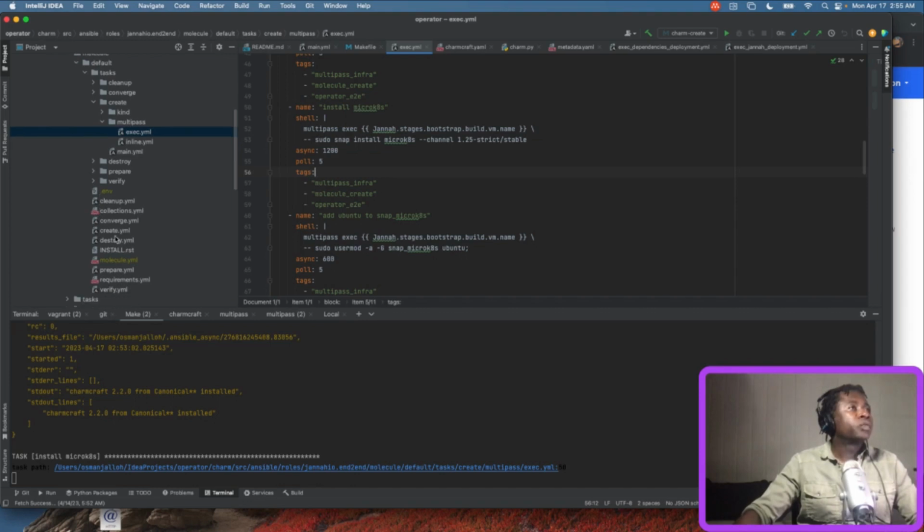Okay, well, it's doing that. Let's take a look here. So if you're not familiar with Molecule, Molecule is the way to say, I want to have my Kubernetes environment from scratch. So I'm going to create what I call scenarios. So each one of these is a scenario. So there's a cleanup scenario, there's a create scenario, there's a destroy scenario, there's a converge scenario, there's a prepare scenario, there's a verify scenario. So the first step is it does a cleanup, it destroys things, it creates brand new infrastructure. After it creates them, it prepares them. So what that basically means, it creates whatever user account or